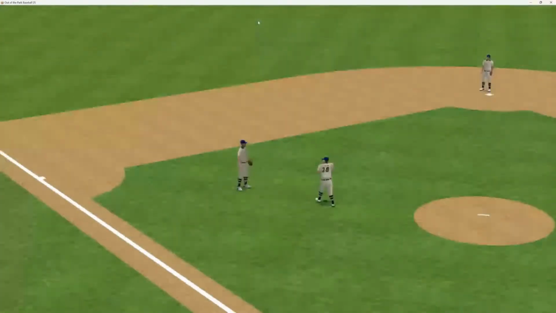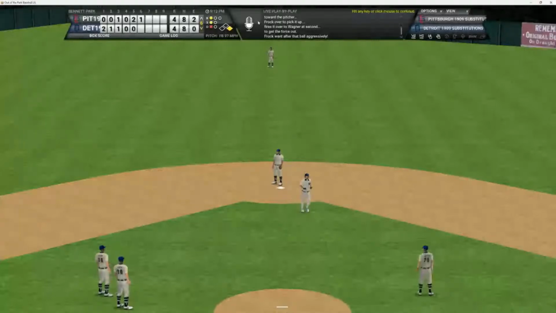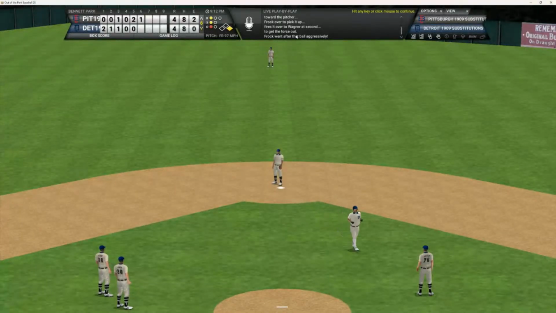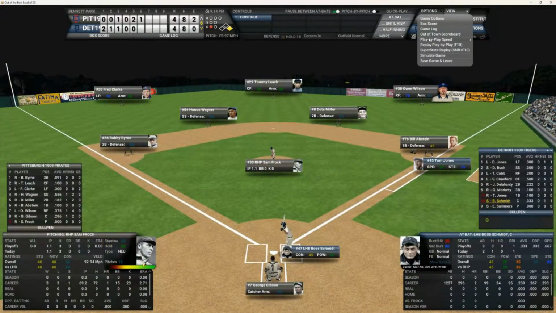He squares and bunts. That's back to the mound. They go down to second, and they get the lead runner. How about that? We'll take a look at that again. He pounces off the mound, fires down to second, and gets the lead runner.